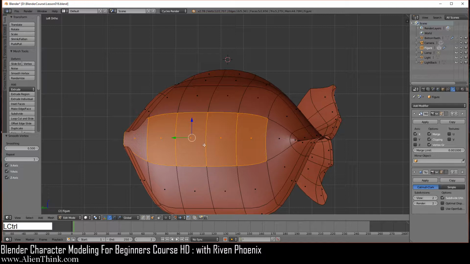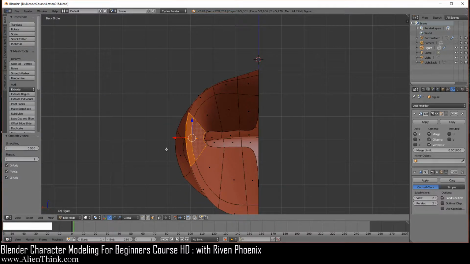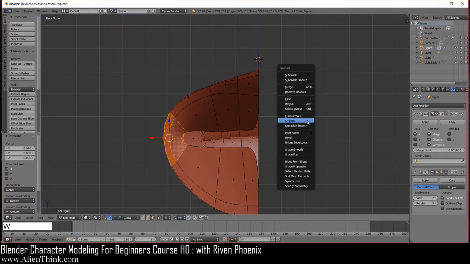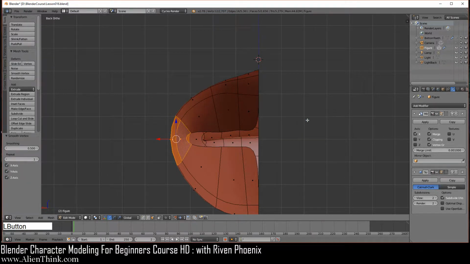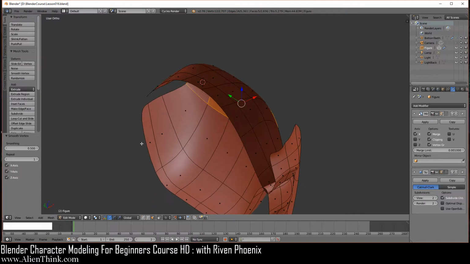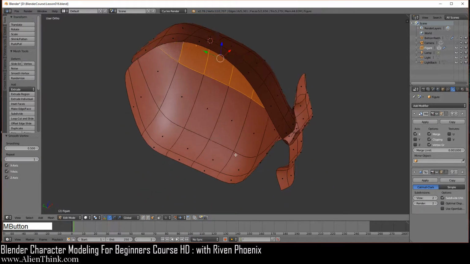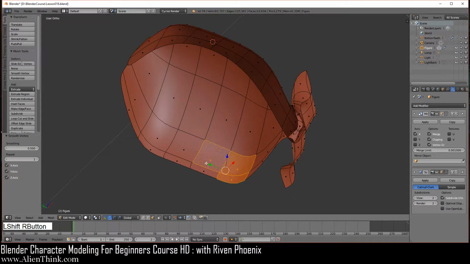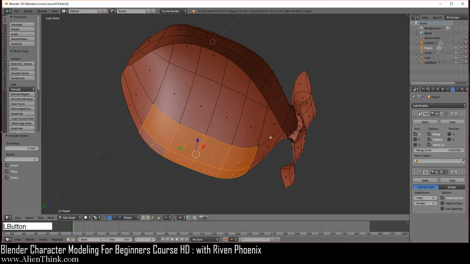Now you're going to do Control 1 to look at it from the back view. Click on this red arrow, take it to the left, then do W and then smooth over here. Now rotate it with the middle mouse button over here to where the lips are. Okay, you're gonna click on this, shift key down, this, and just do W and then smooth over here and do Control 3.